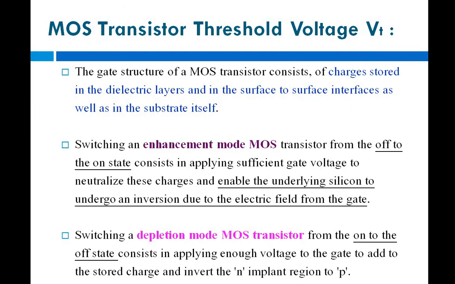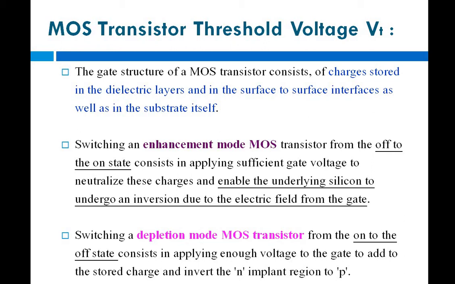I hope you remember what a threshold actually is. Threshold is a particular limit, beyond which you can't go, or something that remains constant, a sufficient limit for any application. Here we have a similar type of threshold voltage. Mainly, the threshold voltage is the minimum gate to source voltage that is needed to create a conducting path. What is the conducting path here? The channel through which the charges move.